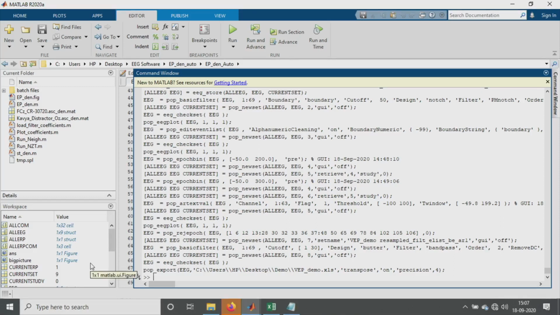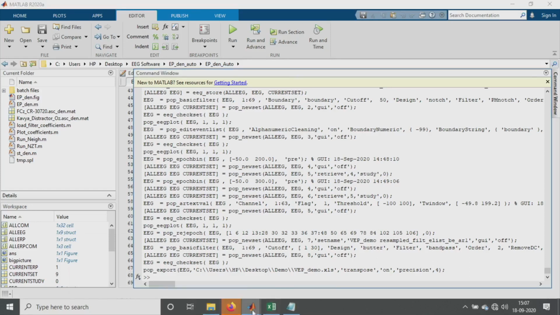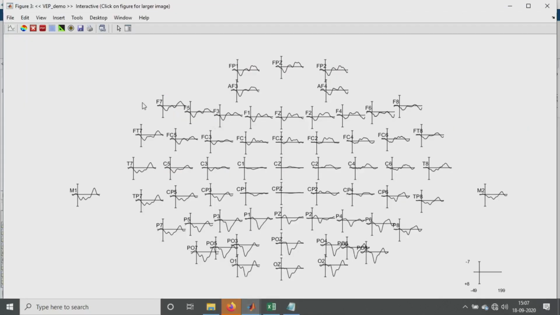It's for advanced people who are pro in MATLAB, who can play with the numbers like that. So that is about the wavelet analysis using the VEP.